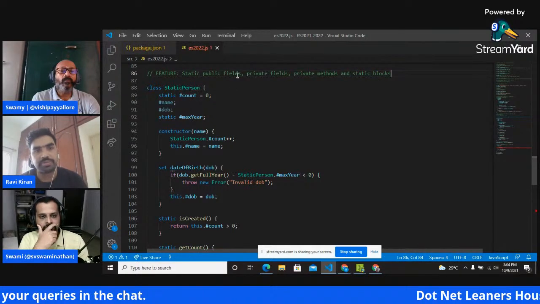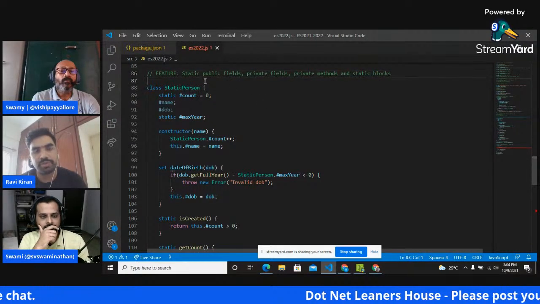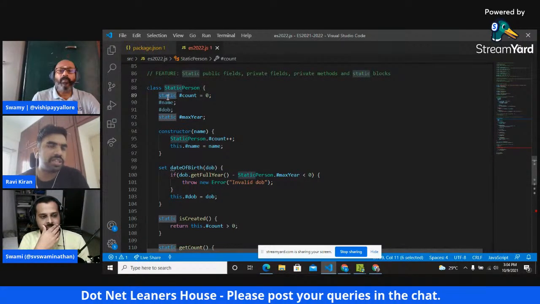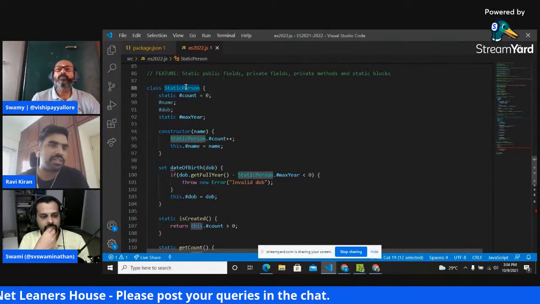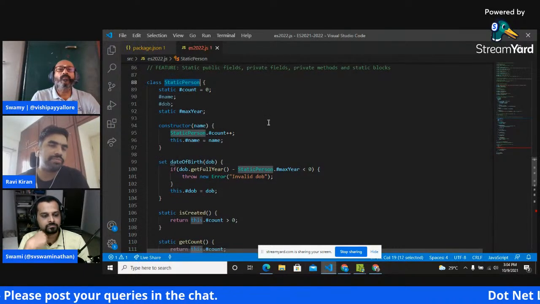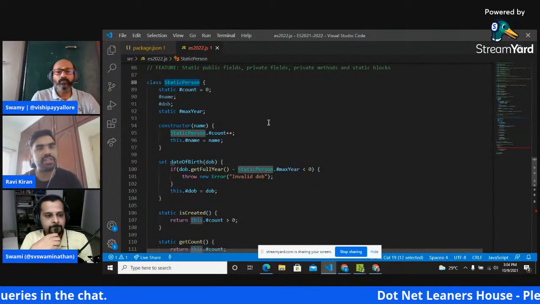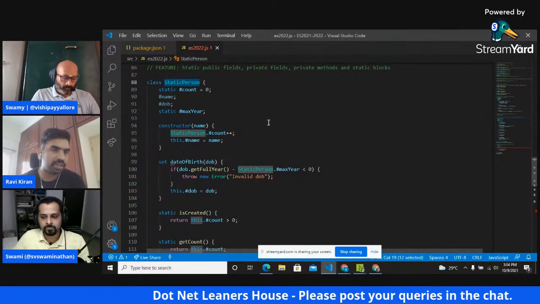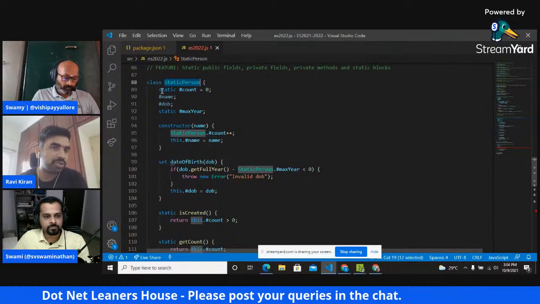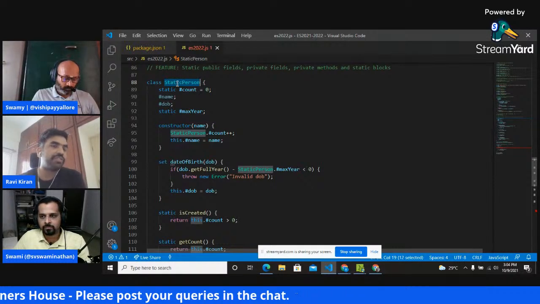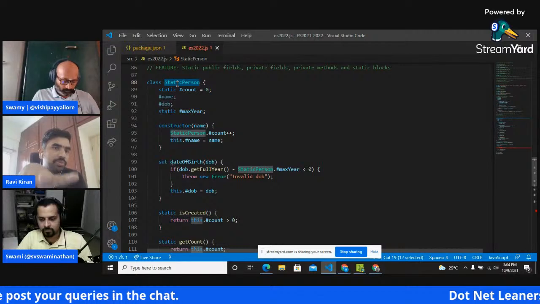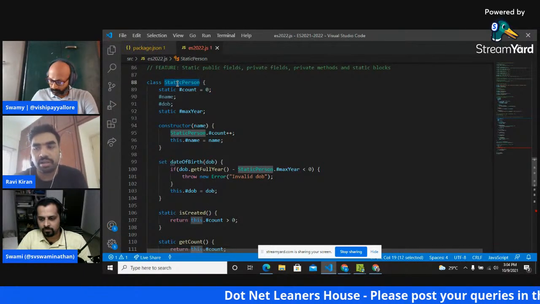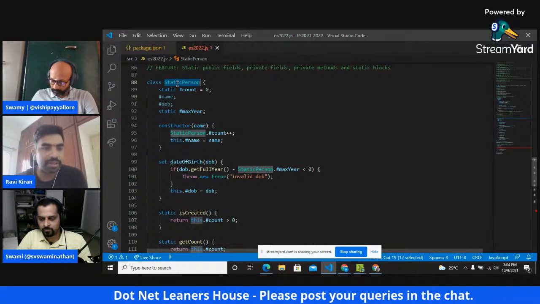Maybe some of you don't know, so I'll give a quick review of static. Static is something which is not instance specific; it is specific to the class itself. As most of you would be aware, in JavaScript everything is an object, whether you create a class or a function. So even the object that gets created for the class, when the class gets loaded into memory for the first time, can have some references, and it can have some fields and methods.